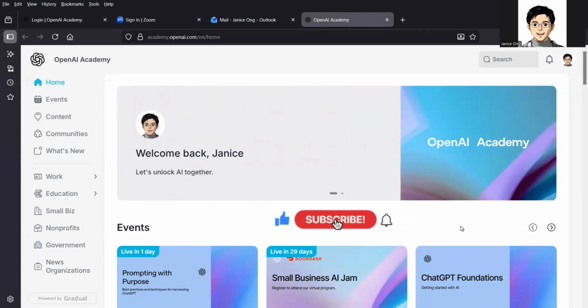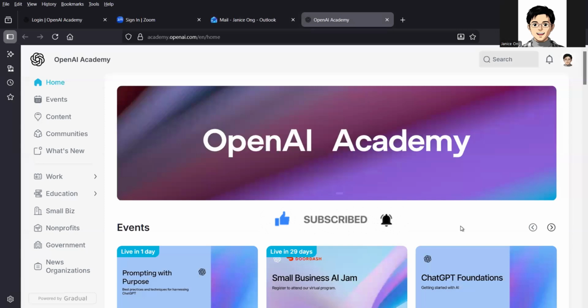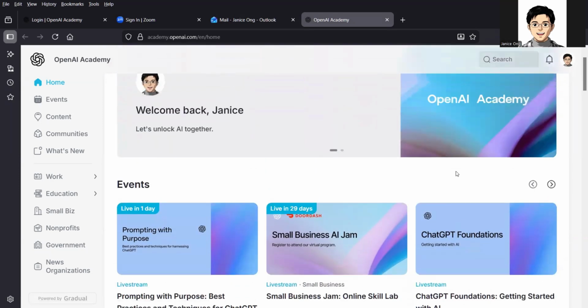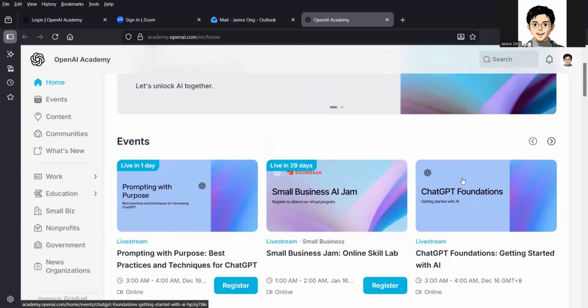Today I'll be sharing with you a free OpenAI Academy where you can learn AI completely for free. Just came to know about this. OpenAI has a free academy. I think they recently launched this and they provided AI courses where you can learn completely for free. And I think OpenAI is doing some certification for some of them. So you can actually take some courses and you will be certified for free.